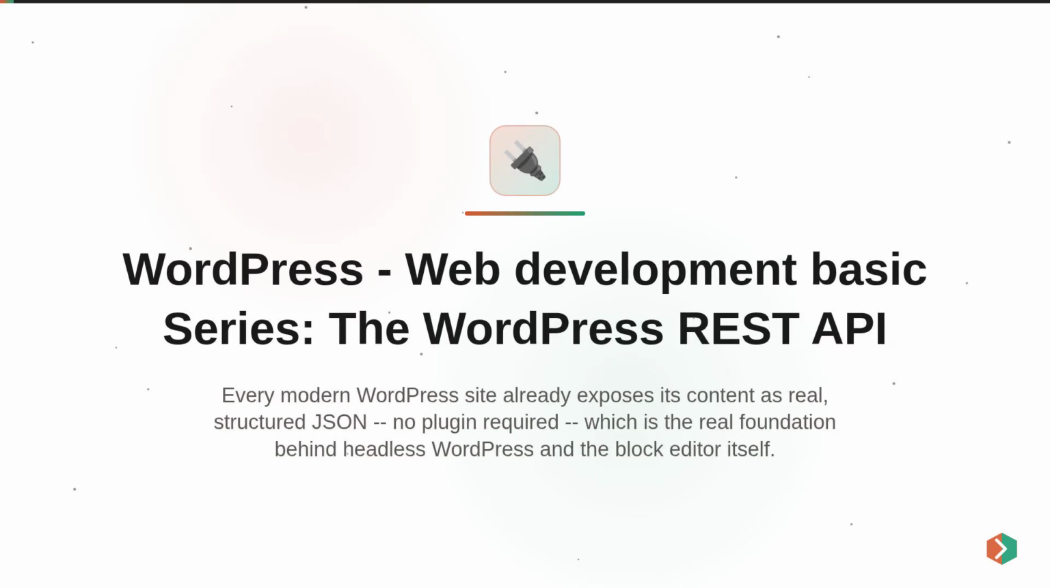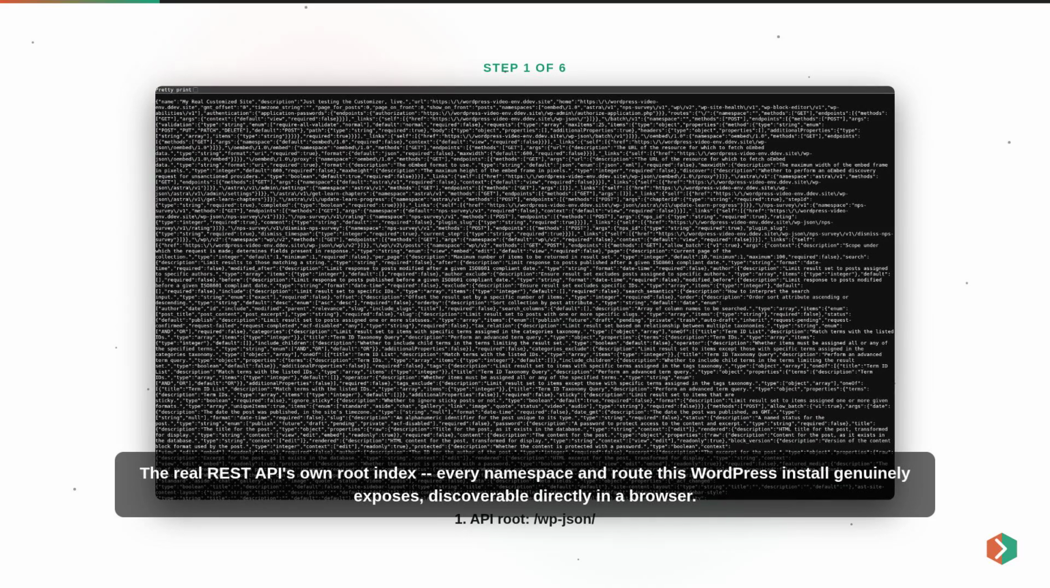Every modern WordPress site already exposes its content as real, structured JSON, no plugin required, which is the real foundation behind headless WordPress and the block editor itself. The real REST API's own root index, every namespace and route this WordPress install genuinely exposes, discoverable directly in a